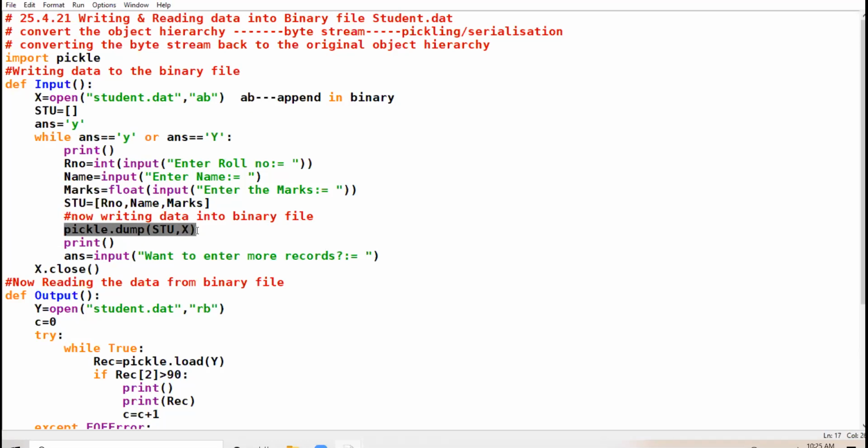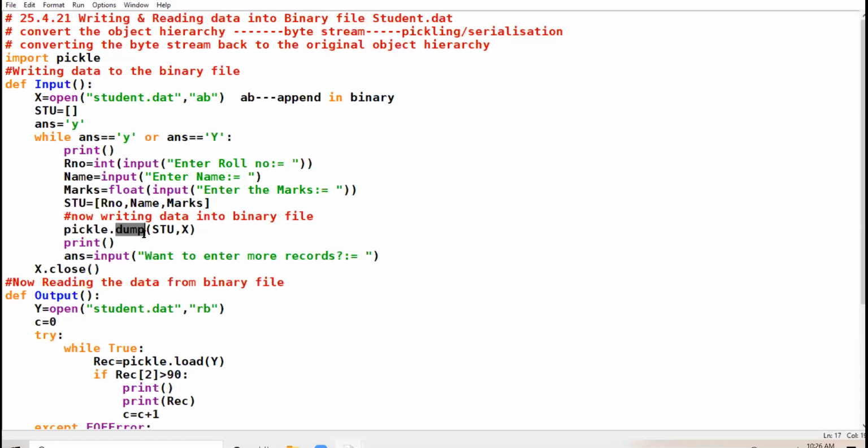The pickling operation is going to start. You have to convert your object into a byte stream so that it can be written into the binary file. And in order to write the data in the binary file, we have to use the dump function.